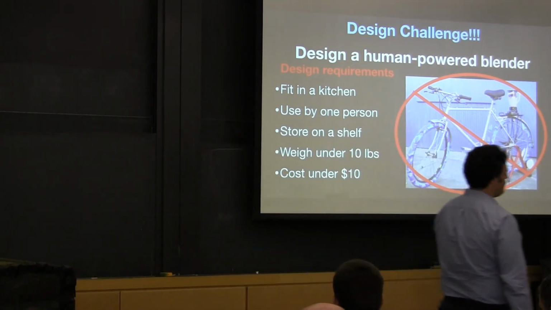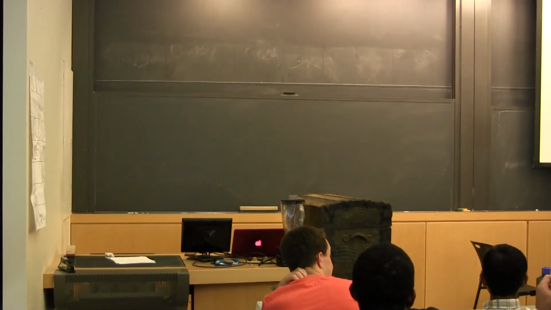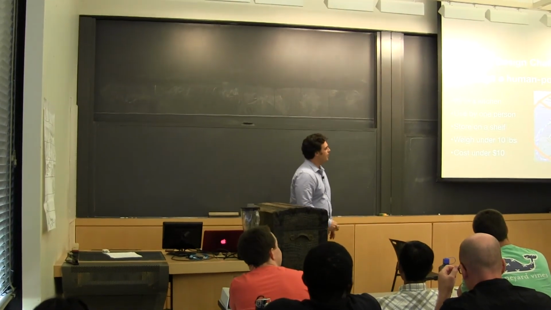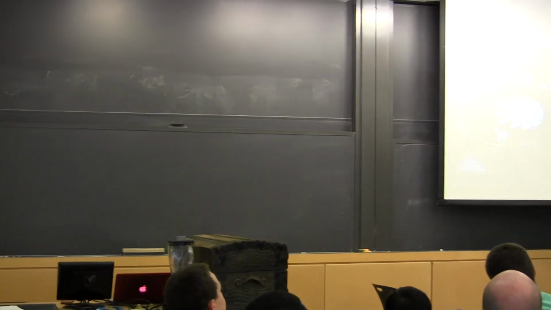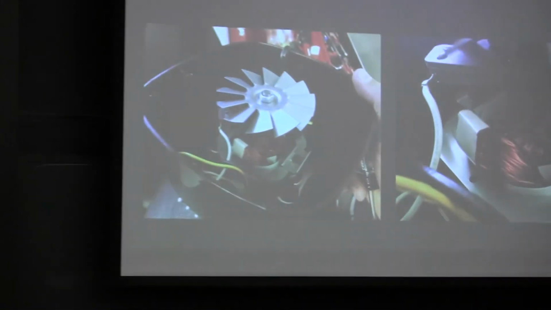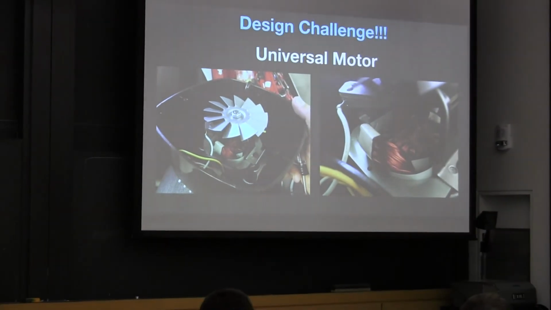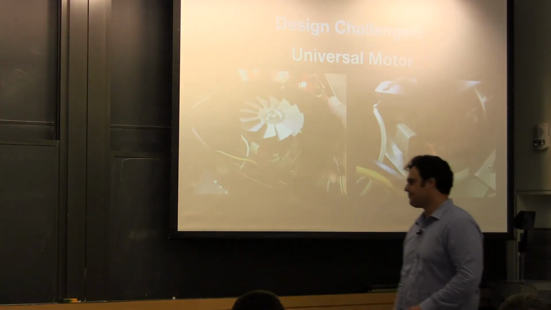All right, so we got 450 watts, and can you still see that well enough that we can write on the board? Okay, I'm going to turn that off so you can see it. I started this by cracking open the blender and looking at what type of motor it has, and it's called a universal motor, a really common AC motor, and the efficiency of those is around 50-ish%. So we're talking about 225 watts of blender power.